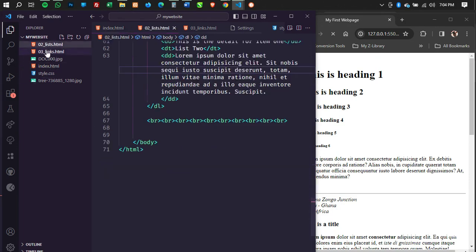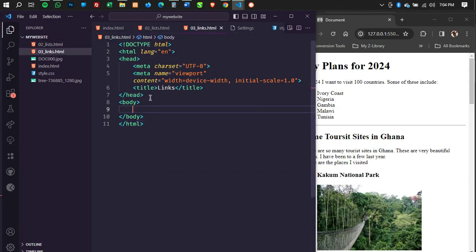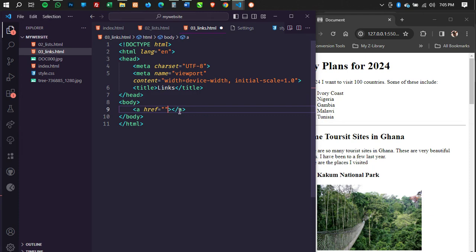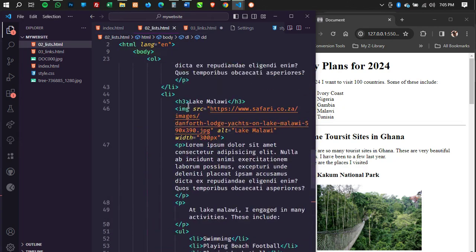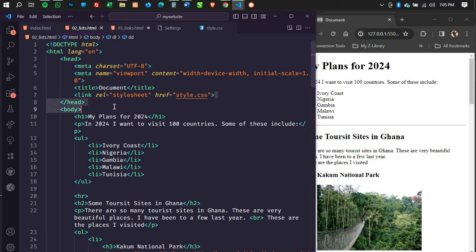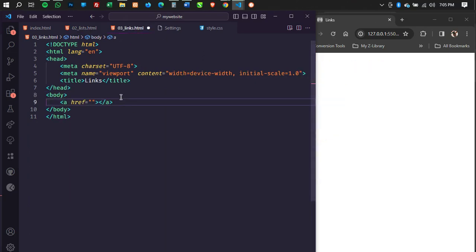And so we are going to look at links. In HTML, we create a link by using the anchor tag. The anchor tag is another element in HTML. As I mentioned earlier, as we move on, we are going to be discovering most of the elements one after the other. And this link tag shouldn't be confused with the link we have over here in our meta section for the head, where we are linking a file which is relative to the document we are working on. But this is an anchor link.